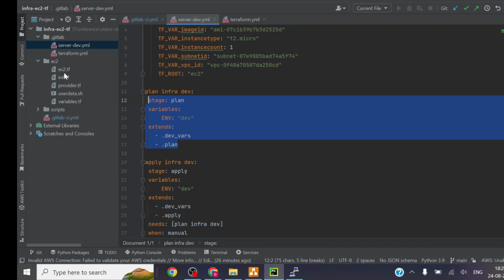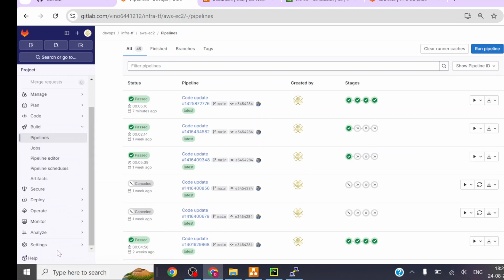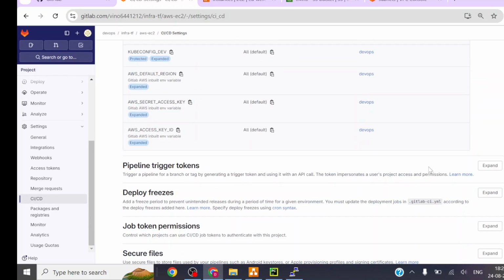Now coming in, these are all the GitLab YAML files. Another important thing I will show you: GitLab variables need two configurations. If you go to settings, CI/CD, and then variables, I believe you are aware of the AWS access ID and secret key. So this variable should be embedded in the GitLab variable section. The purpose of this access key and token is that you need your GitLab